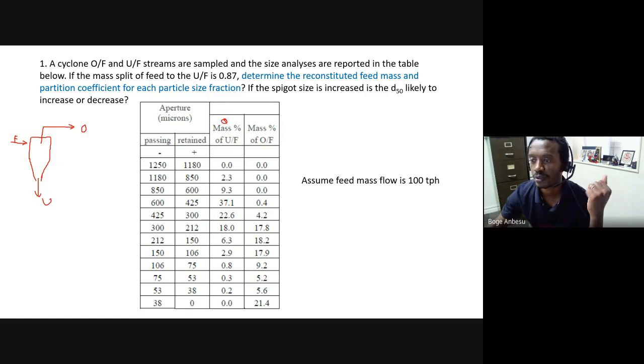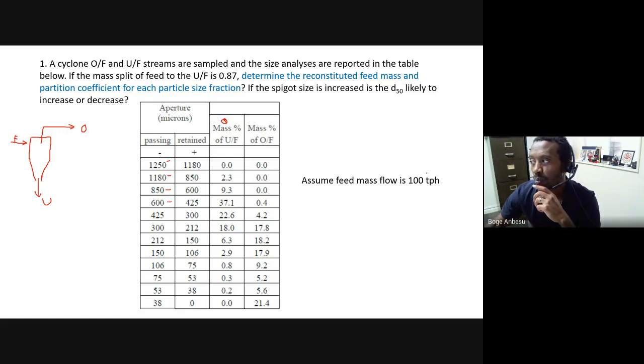እሱ ከአንደርፍሎ ሳምፕል ተደርጎ ፓርቲክል ሳይዝ ዲስትሪቢዩሽን ተሰራበት። ከዛ ይሄ ነው ዲስትሪቢዩሽኑ። ኦኬ ኦቨርፍሎ ሳምፕል ተደረገ፣ ከዛ ፓርቲክል ሳይዝ ዲስትሪቢዩሽን ተሰራበት፣ ዴን ዲስትሪቢዩሽኑ ይሄንን ይመስላል። ስለዚህ የተጠቀምነው ሜሽ ኦር የተጠቀምነው ሲቭ እነዚህ ናቸው። ኦኬ